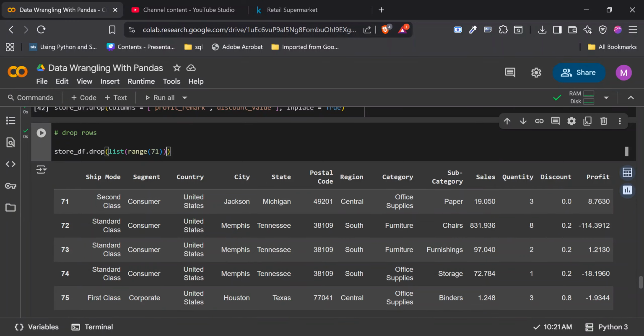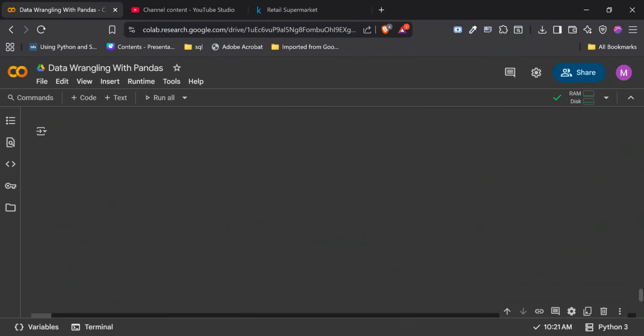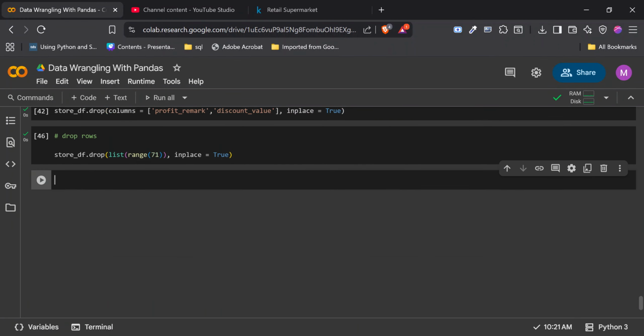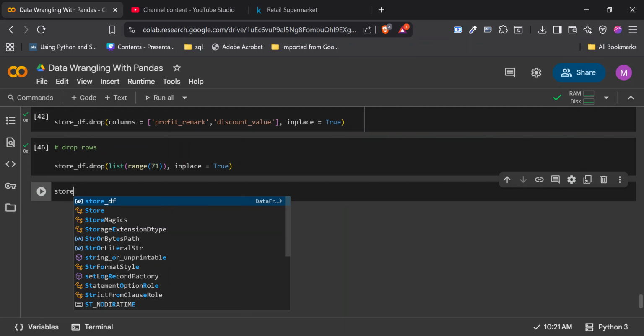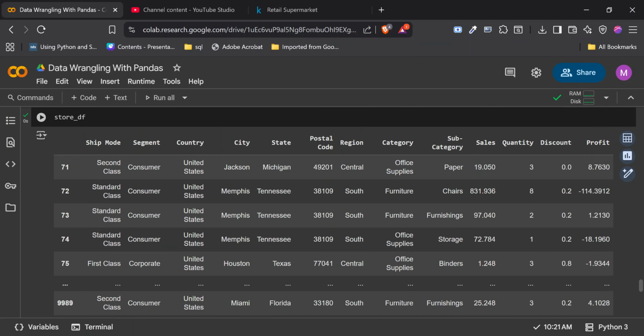But then I really do not want to drop. This is just a temporary drop. I'm going to do a permanent drop, right? So I'm going to say inplace equals true. So if I run that now and say store underscore df again, what has happened is my index